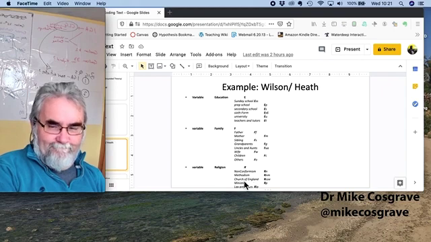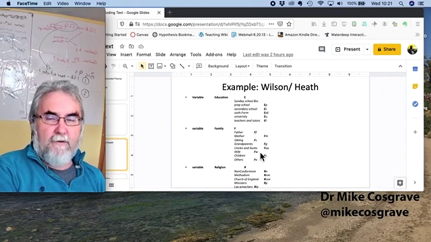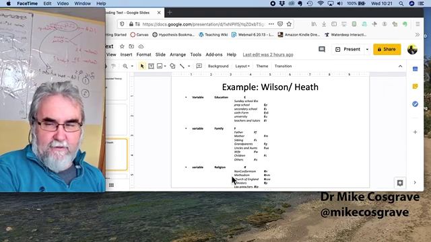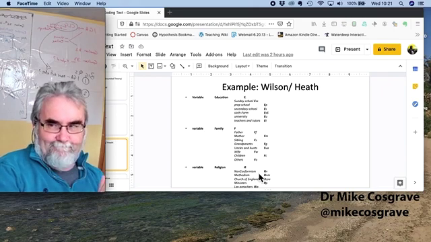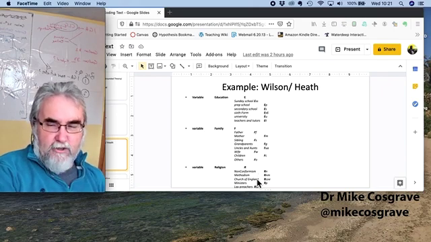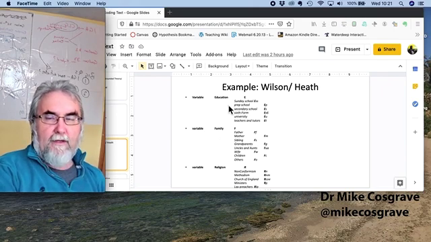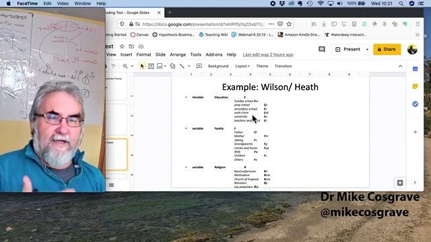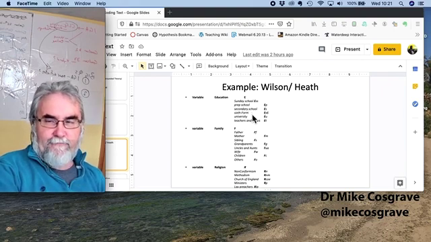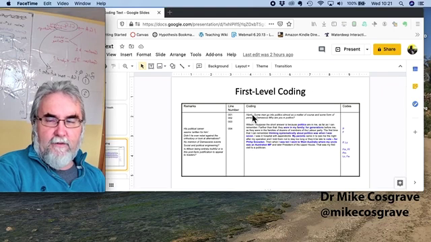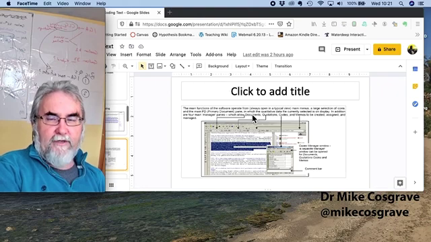There's religion. A lot of these codes are particular to the UK in the 1950s and 60s. They're not necessarily globally applicable, but these codes could be extended. You could add more religion codes, or you could add more education codes to take account of the educational system in other countries. So that's an example of coding for some very basic factual stuff. And that's it deployed here again in this example, where you're looking at the things.